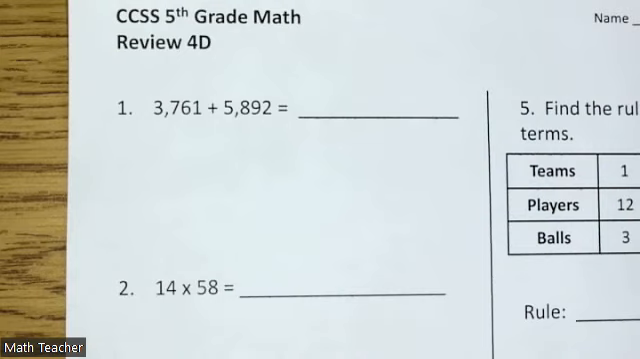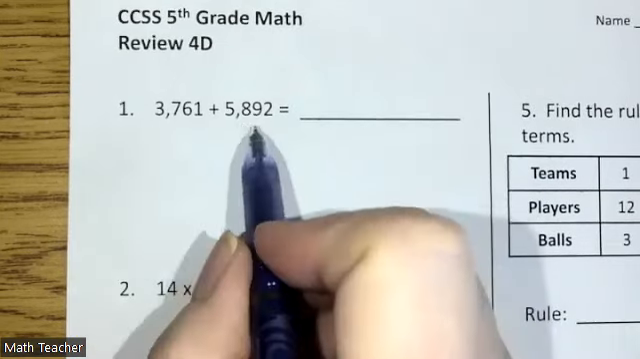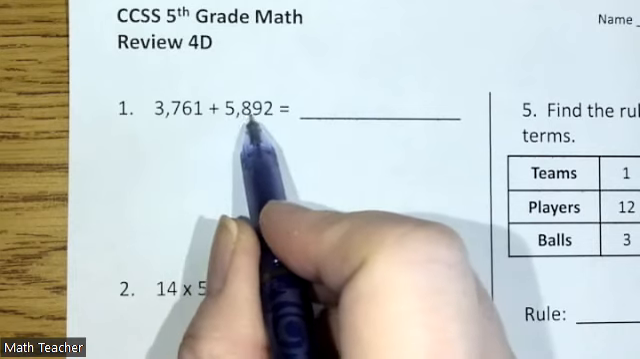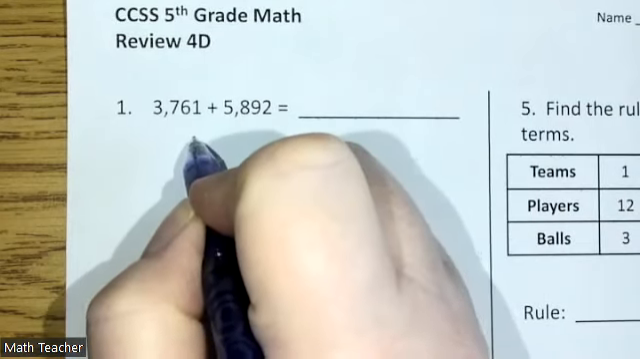Today we are working on Common Core 5th grade math review 4D. Number 1, we have 3,761 plus 5,892. So when we're adding, we want to make sure we're lining up our place value, the ones place with the ones place, tens place with the tens place, etc. So we will write this vertically,